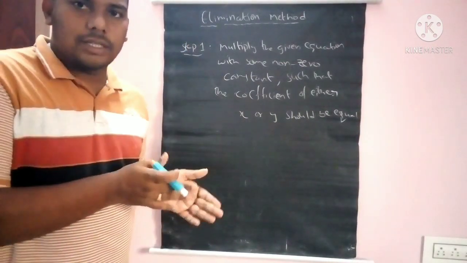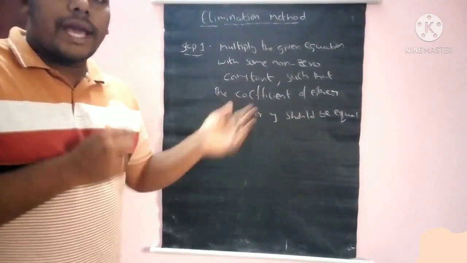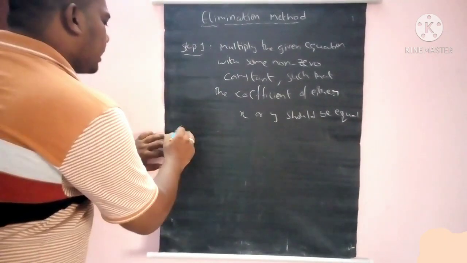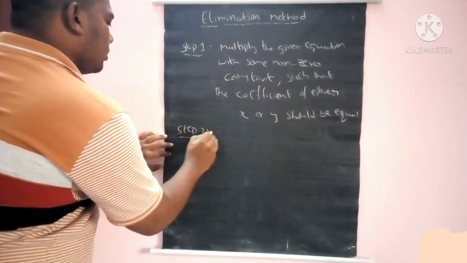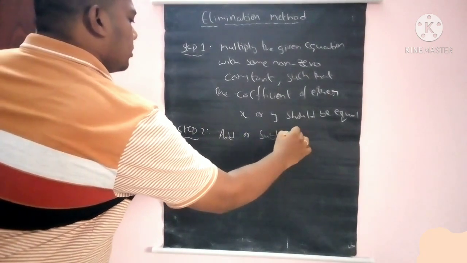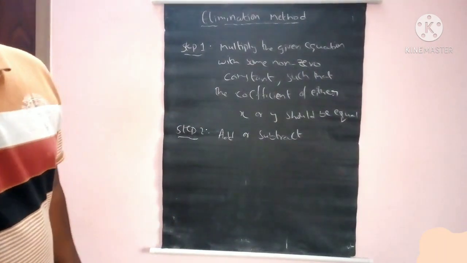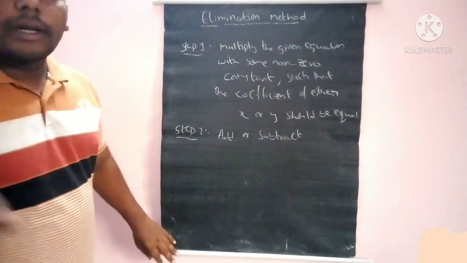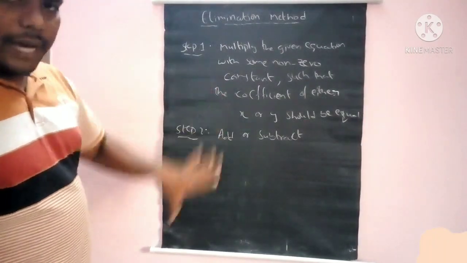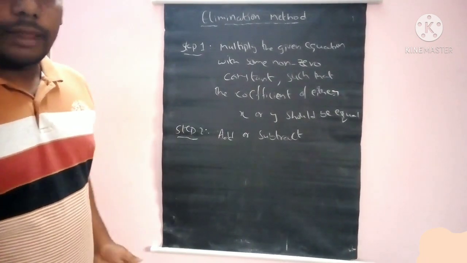When the given two equations are there, you need to multiply with some non-zero constant values to make either x coefficient or y coefficient same. Then step 2, add or subtract the given equations such that one variable completely should be eliminated. So in step 2 you will get multiple cases, so that I will discuss one after other. So just remember the basic step. By giving the example I can show what are the different types.